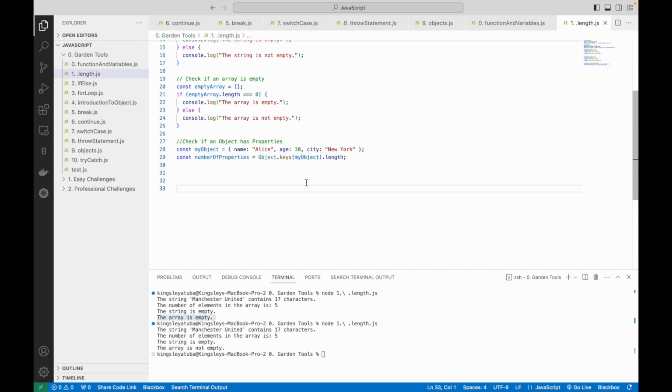We assign, this is important, Object.keys, which refers to the keys, which is name, age, and city. So we are saying, because when you read code, you read it from right to left, this code is saying find the length of the keys